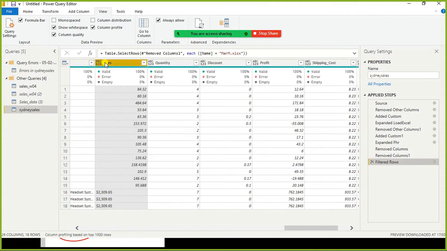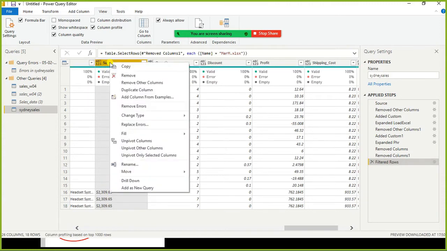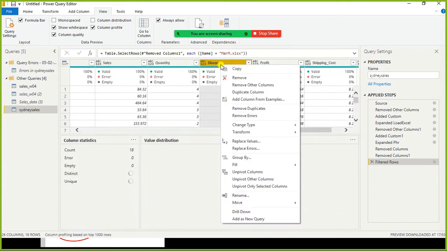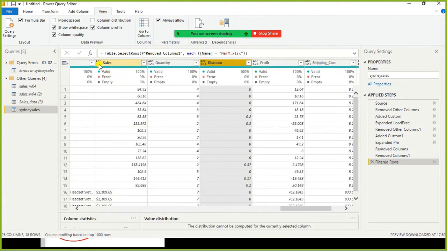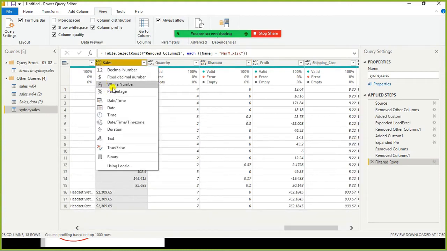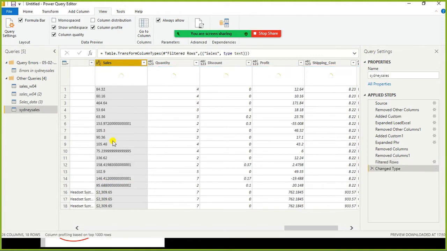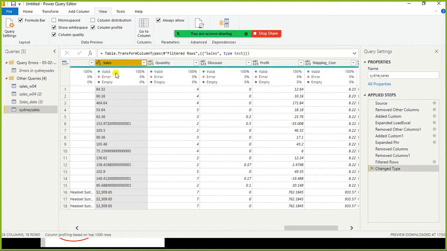Look here, if I try to replace the dollar, I don't see the replace option in the contextual menu. You remember, when you click on this one, you will find the replace value, but now it is not available here, since it is alphanumeric. So since I don't have the option to replace the values, I'm going to convert the data to text data type, the entire thing, only for this March month.